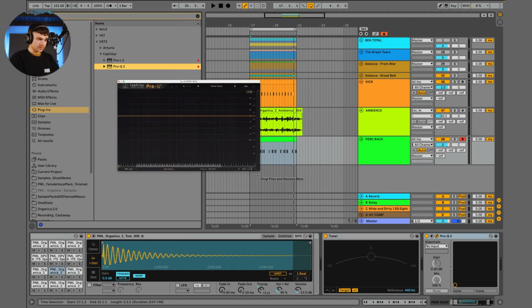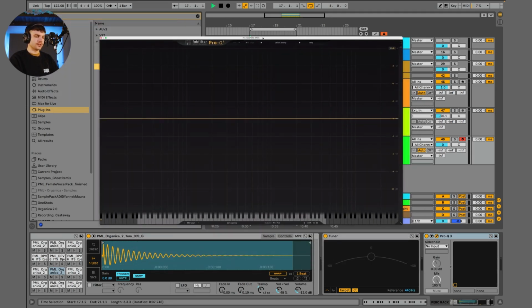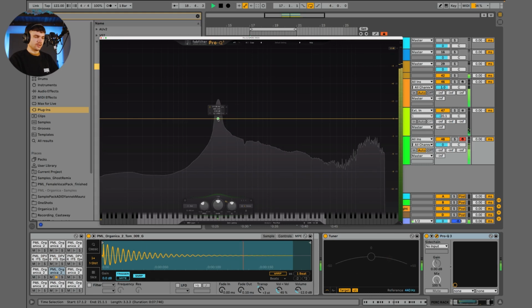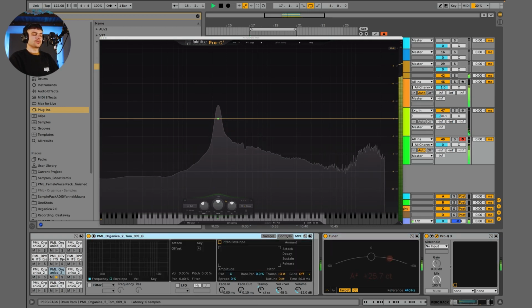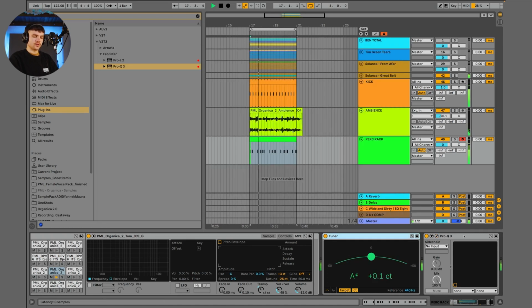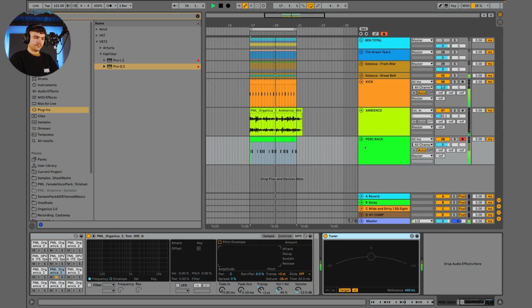Oh, let's just make this. Okay, perfect. So if we just play this, you see this bump here. This is the tonal center, and now you can see that this is an A sharp here, and we can also see that's an A sharp here. So this works as well if the tuner is not working. So we could even go to controls, and now we have the possibility to fine tune our tom. So let's just detune it down, and now we can see it's getting more into the green area right here. Okay, so now let's just delete this. Alright, so